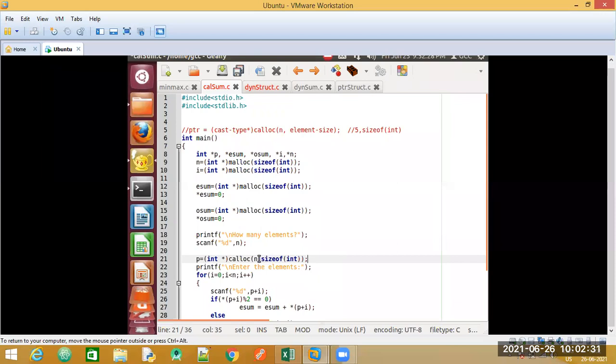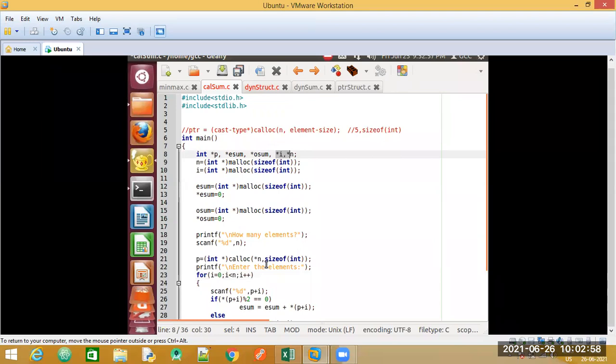Now have a look at this particular n size, the number of elements that are accepted from the user, since we have made use of a pointer here. So we need to declare this also as a pointer and add an asterisk there. Here we will ask the user to enter the elements. Then coming to the loop, now we cannot say I. Have a look here. We have declared everything as a pointer.